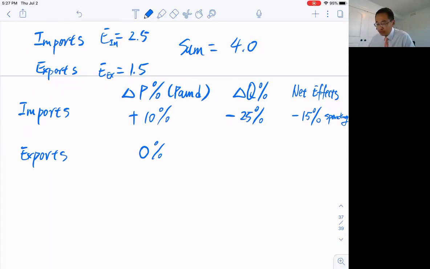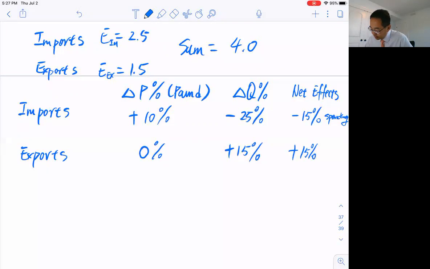So because it is 10% cheaper to foreigners, according to the elasticity of 1.5, you're going to have a 15% increase in exports, how much you sell to other countries. So that means that overall you get 15% of